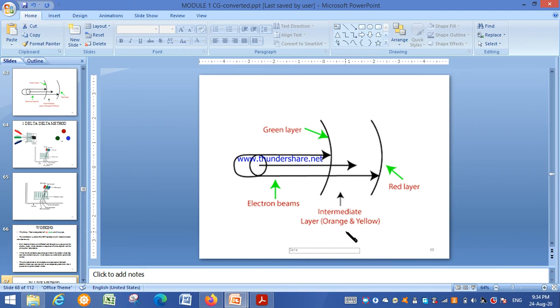Now I am discussing the shadow mask method. I already told you that the shadow mask method is used in raster scan systems and it produces a wide range of colors.